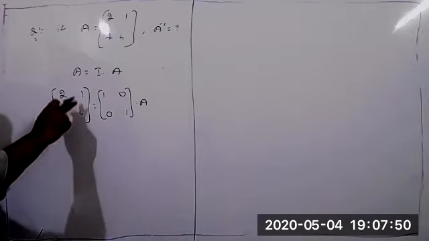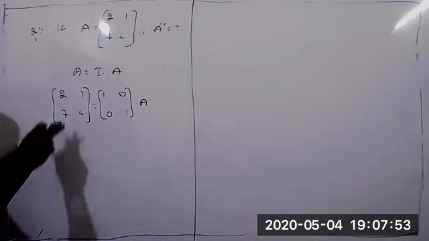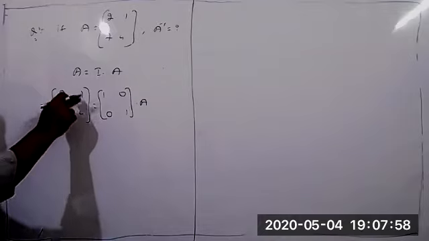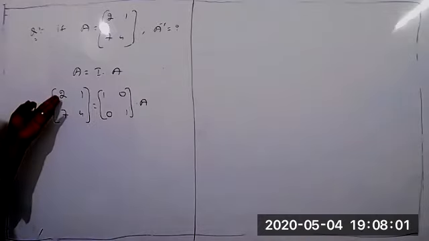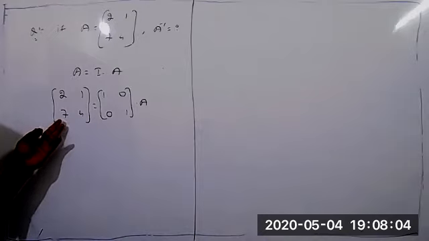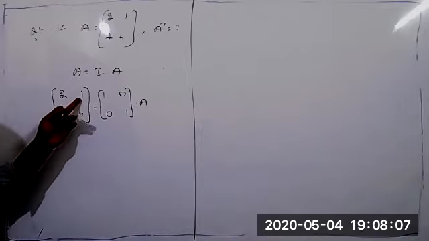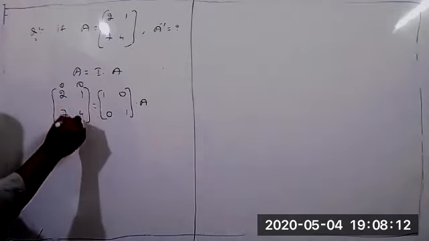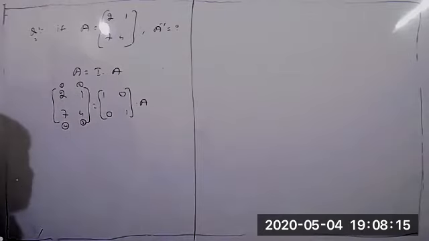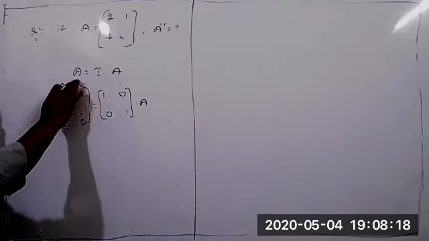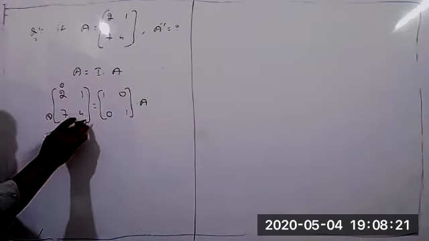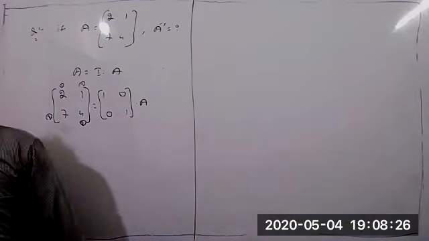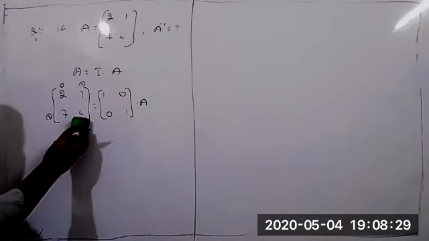For this problem, the column operation is best, because there is already a one here. If you interchange both of them, what do you get? 1 4, 2 7. So already we got one. The second number is 7, which should go to 0. When you apply the column operation, the order is like this: first, second, third, fourth. But when applying the row operation, the order is first, second, then third and fourth. You can remember that order. Verify with the row operation only.